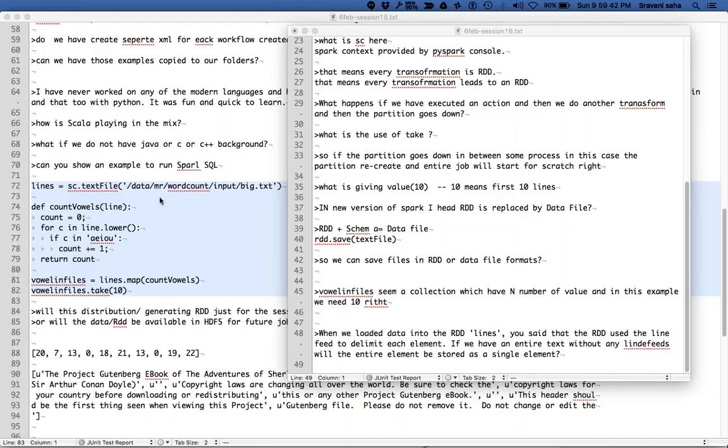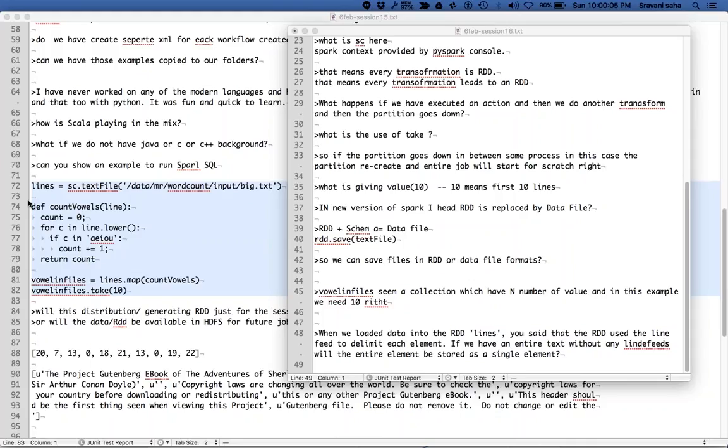This textFile function will load the data such that one line is separated from another line. There are two elements. So lines is an array. This textFile is converting plain text into an array which is distributed over multiple computers.